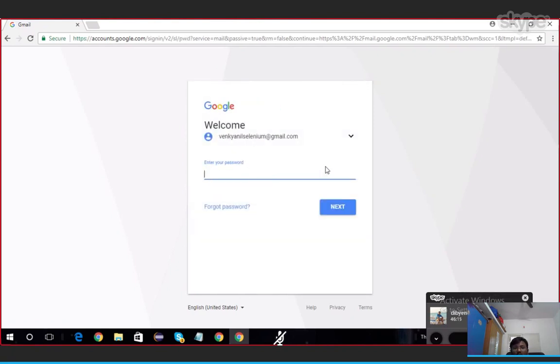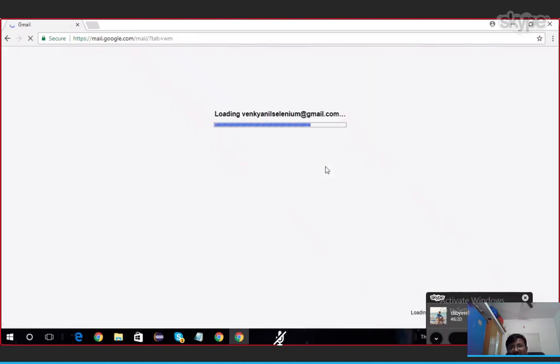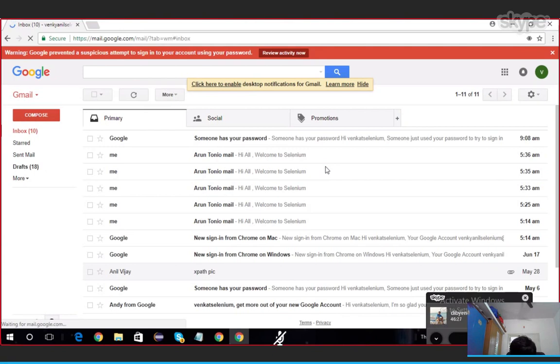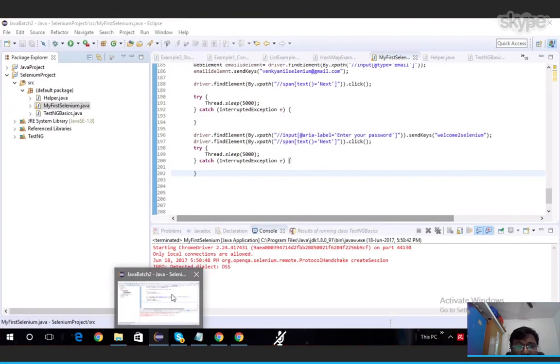See now, though it loaded, it waited for 1 or 2 seconds unnecessarily. To avoid these kind of things, we must use a method called wait. Okay, that wait is provided by Selenium, guys.